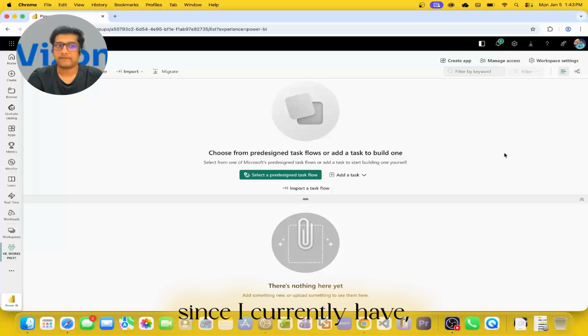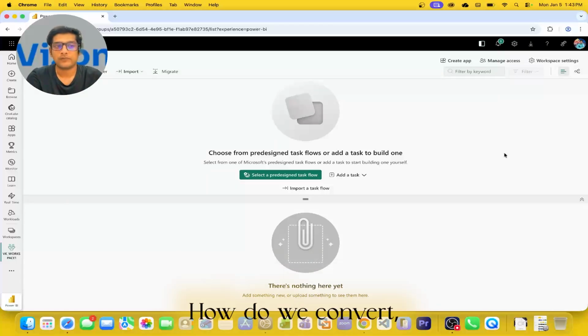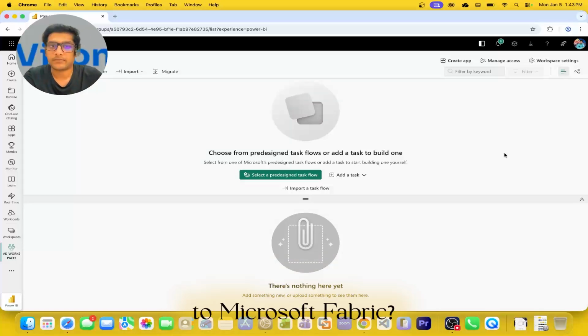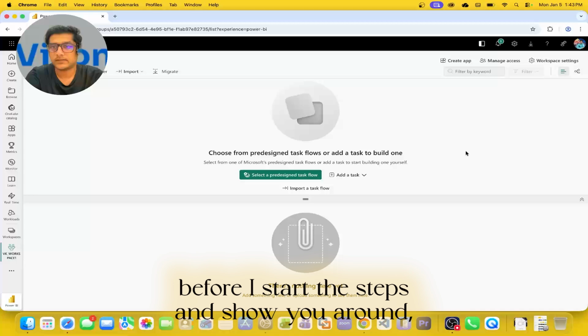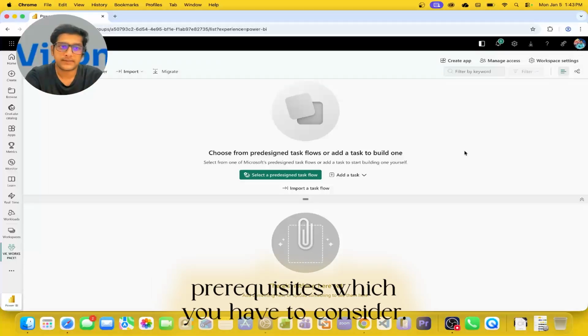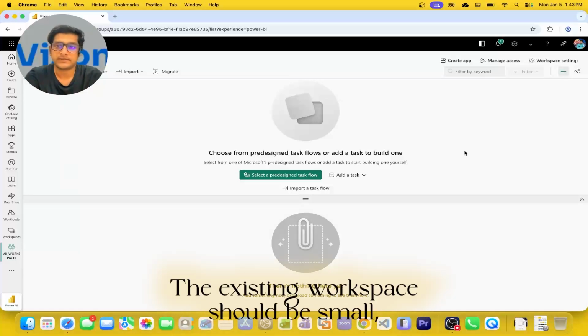Since I currently have only one workspace for demo purposes, I'll show you how to convert this particular workspace to Microsoft Fabric. Before I start the steps, there are some prerequisites you have to consider. The first thing is you have to ensure all the semantic models available in your existing workspace